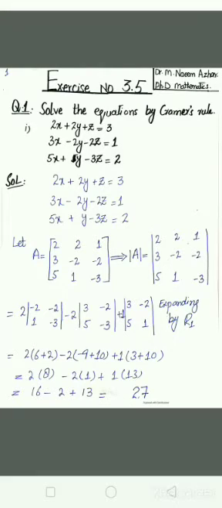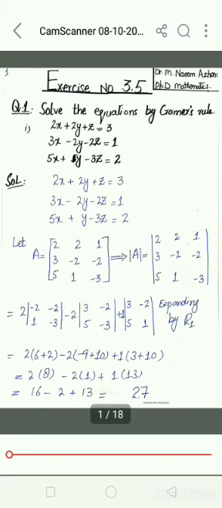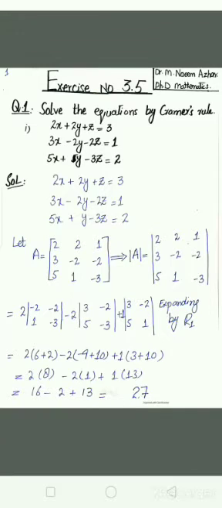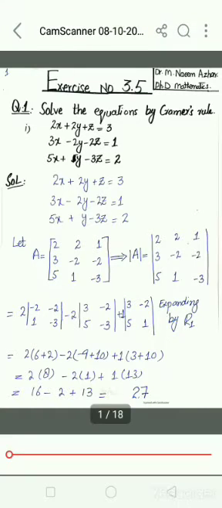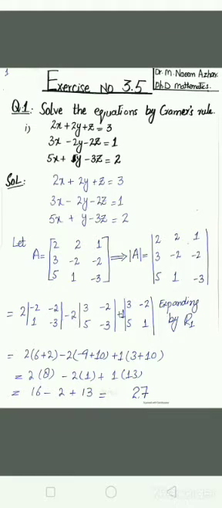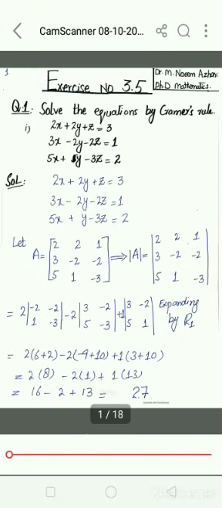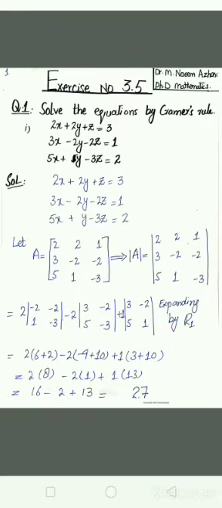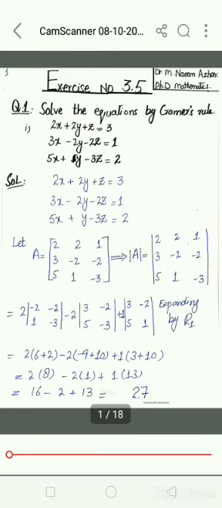A linear equation is one in which all the variables have degree 1. That is, in question number 1 you can see that the powers of x, y and z in each equation is 1. So these are linear equations, and if we have two or more linear equations in a single question, then this will form a system of linear equations. We have to solve this system of linear equations